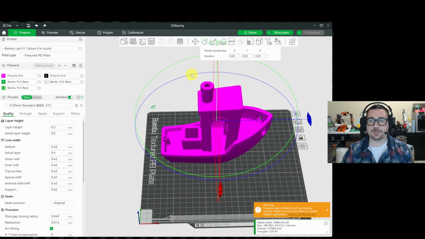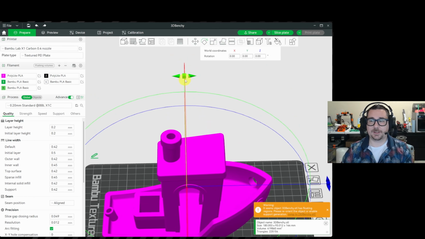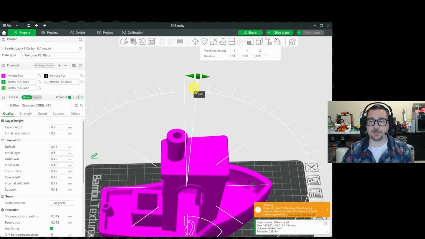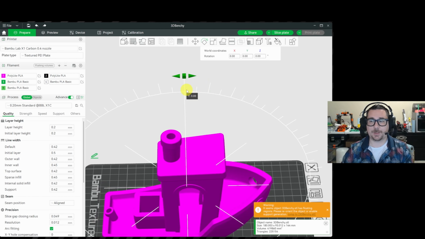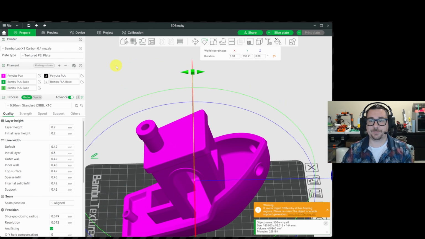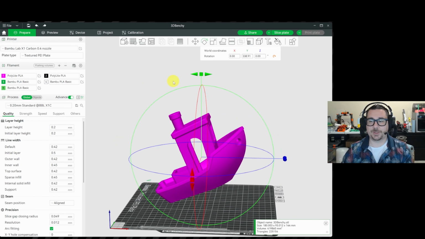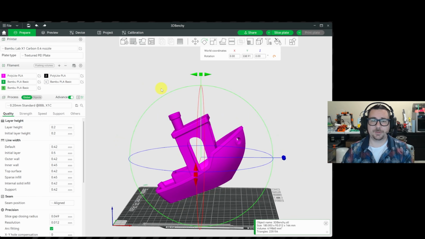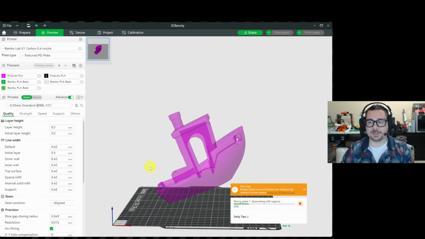Well, there's a couple ways you can look at this. If you grab the axis, you can see these little tick marks, and they kind of snap to it in 5-degree increments. If you move your mouse further up, it's a little more freeform without snapping. So let's go ahead and just make sure the Benchy's pointing up. Maybe it's going to see some rough seas today. We'll go ahead and slice the plate,